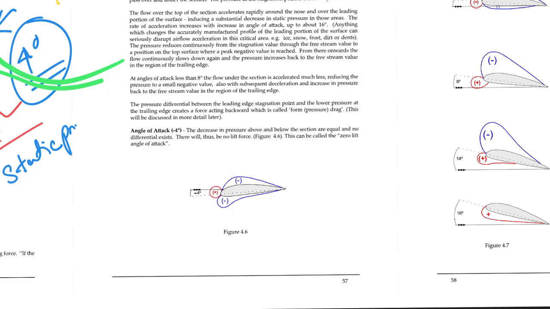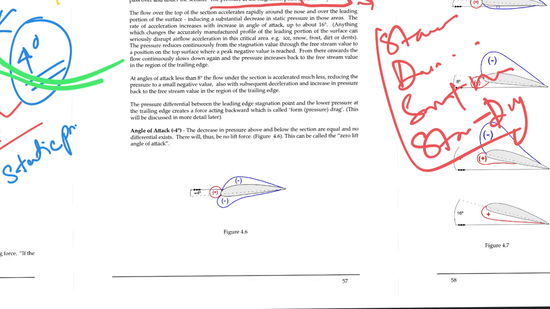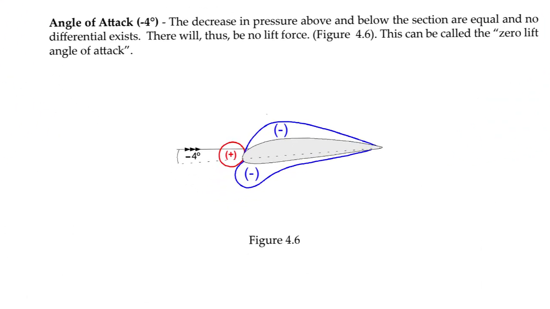Understood? And important, the pressure at the stagnation point is static plus dynamic. So at the stagnation point, the pressure is static plus dynamic. Okay, MCQ question. The pressure at the stagnation point is static only, dynamic only, static plus dynamic, or static minus dynamic. This kind of MCQ comes. Anyway, so now in this image,